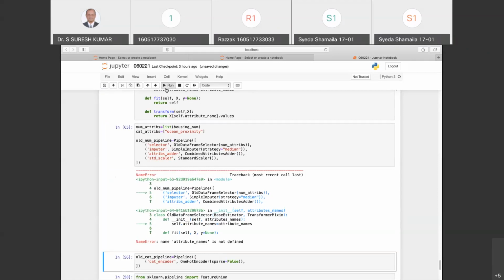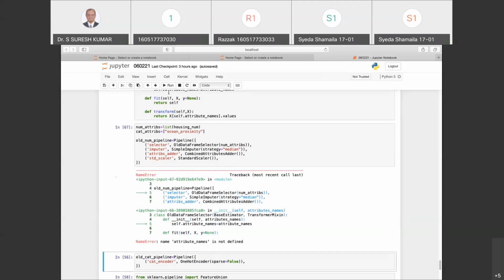Oh, attribute name, and here, sorry, it is not name, it is names. Attribute names is not defined. Transform self and x, return x, self dot attribute underscore names dot values.